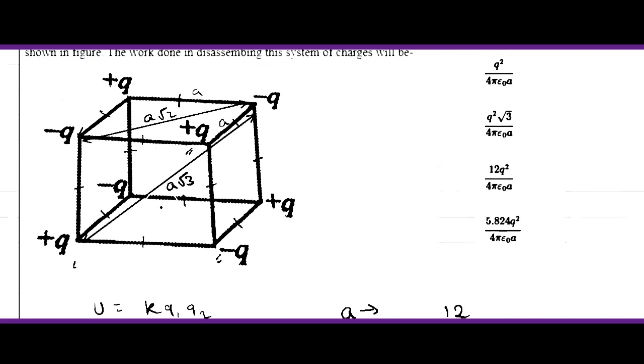तो यहाँ से प्लस क्यू का डिस्टेंस इसमें, तो एक हमारा ये हो गया, एक